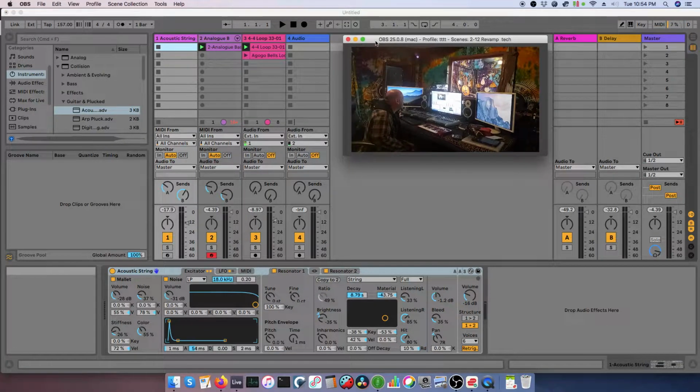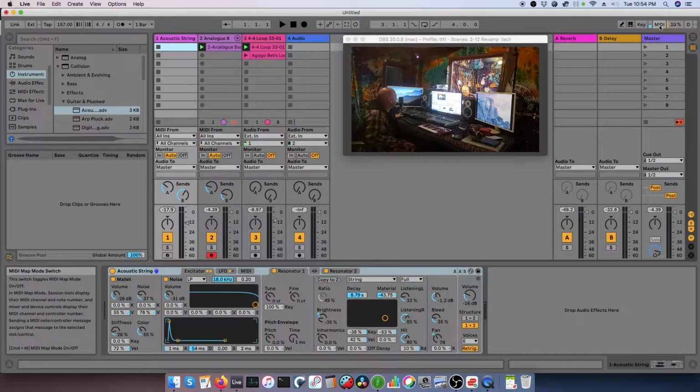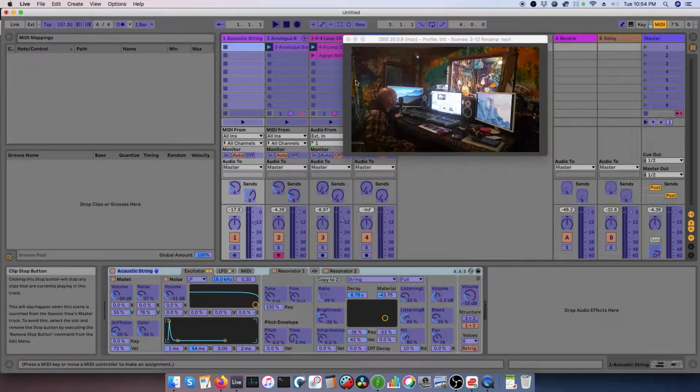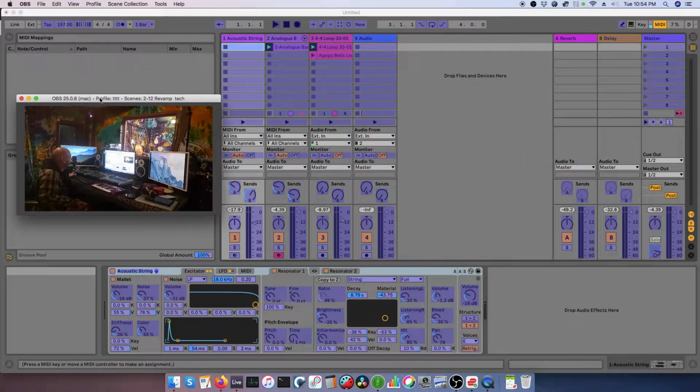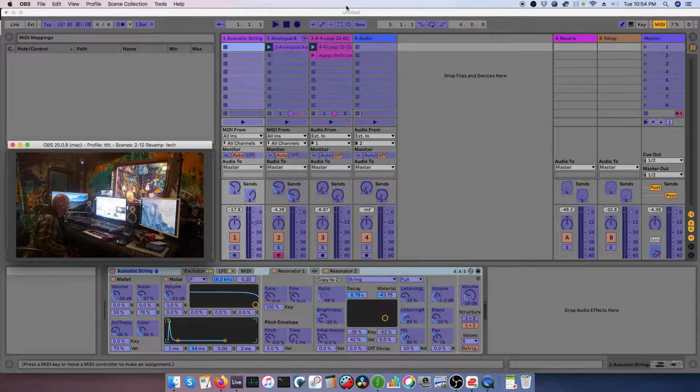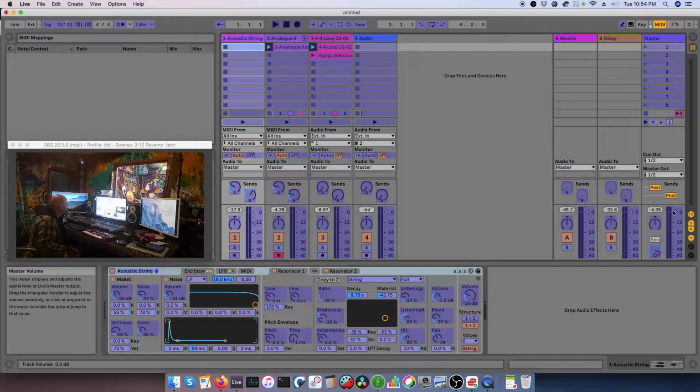So now I want to assign keys and knobs and stuff in Ableton. So check this out. We're going to go MIDI. I hit this MIDI thing at the top right. There it is. Everything turned purple. I'm going to get myself out of the way. There we go. And let's say, for instance, that I want to turn the master volume, which is right here. I'm going to click on that. I want to turn that with my 8th knob on the keyboard. Boop. And so I turned it, and suddenly that little